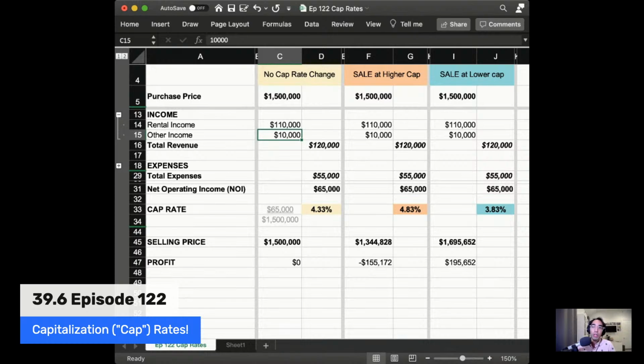Okay, so that value add is not part of a cap rate calculation. Cap rates don't take into consideration growth. Okay, it does not take into consideration changes in the market. If you could get a 4% cap rate property, and if you knew that over 5 years it would go down to